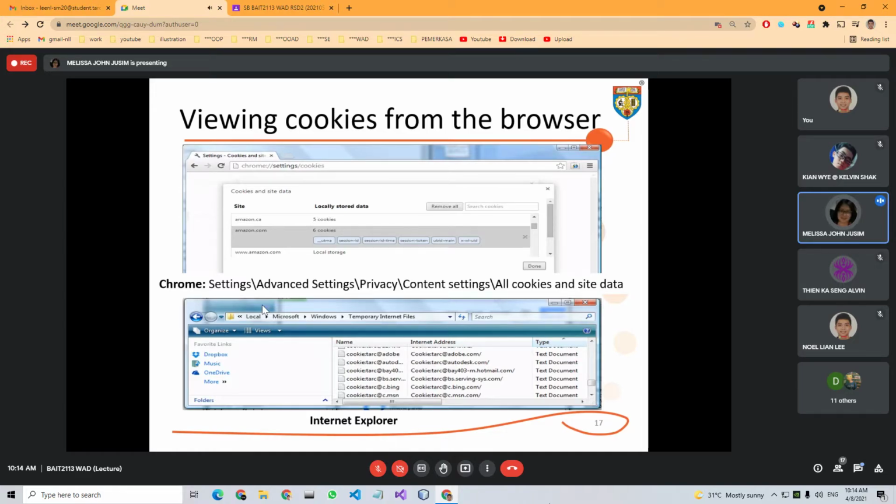If you select cookies, you can see which website each one is originating from. Locally stored data would be the one that is stored on the client's browser, how many cookies, and so on. But I believe the user interface will not necessarily look like this, because we have updates already, Windows, and the latest version of Chrome, so it might not look the same as what we have in this slide.